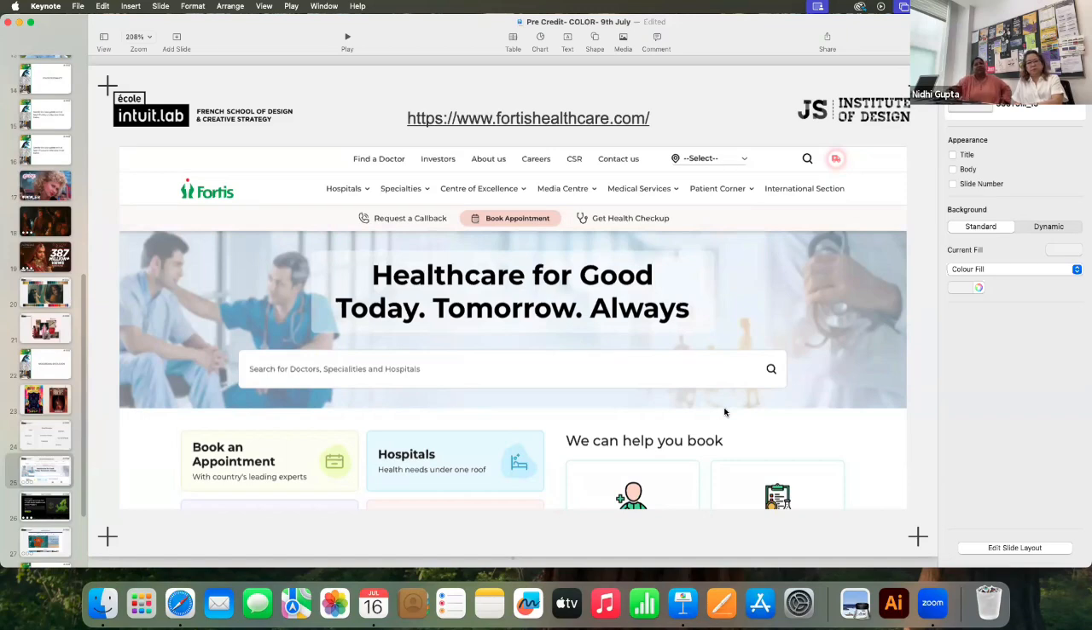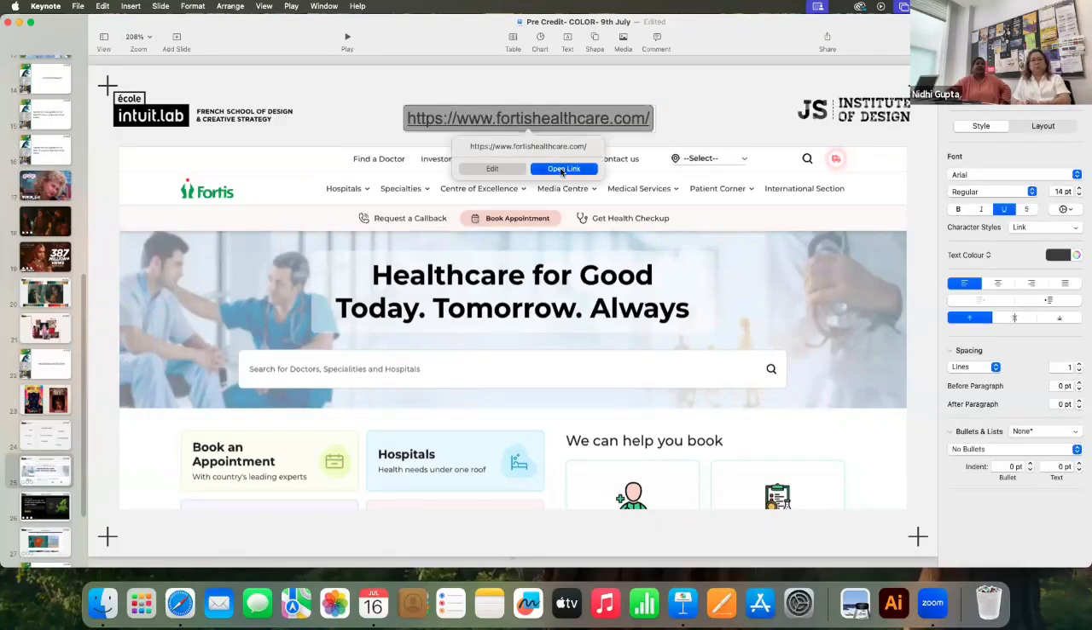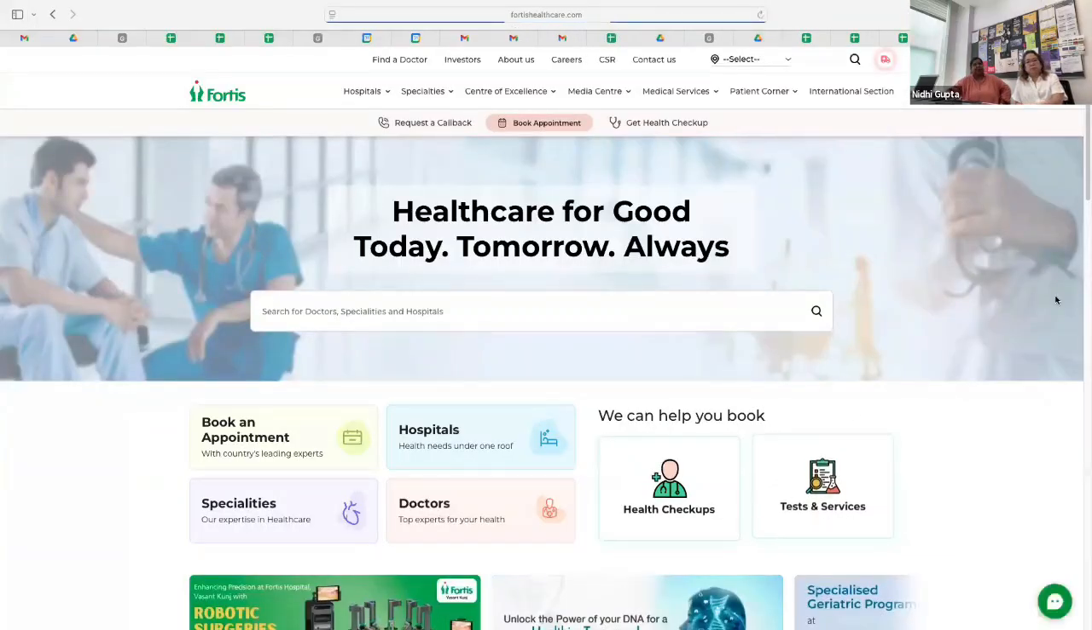So the first example that we want to start off with is Fortis Healthcare. Now you understand how serious healthcare is and how it becomes an important part of how you look at serious matters that are related to life. We're just going to scroll through the website and talk a little bit about it. Now, when you have such a serious element that you're dealing with in business,